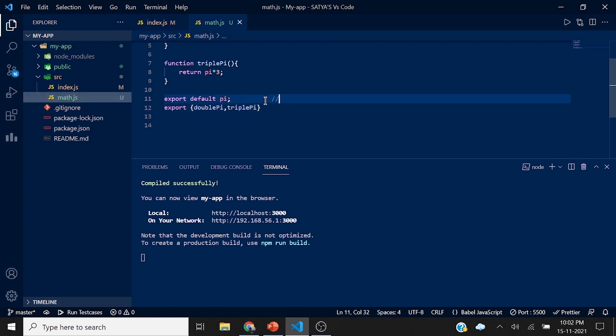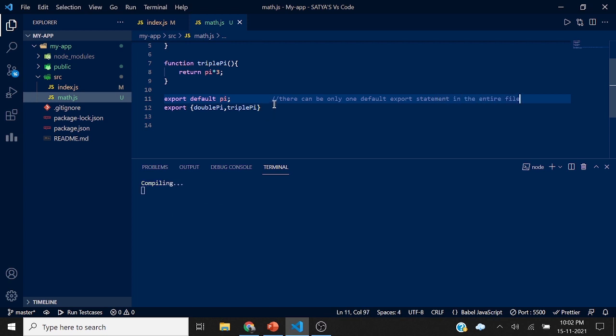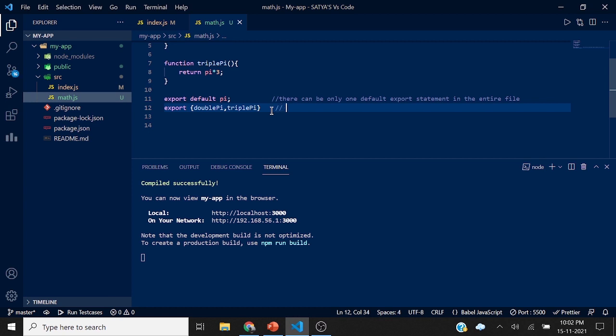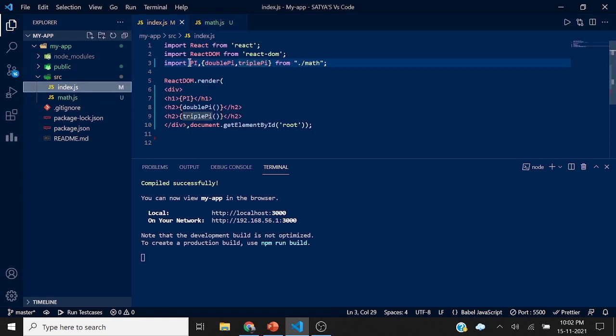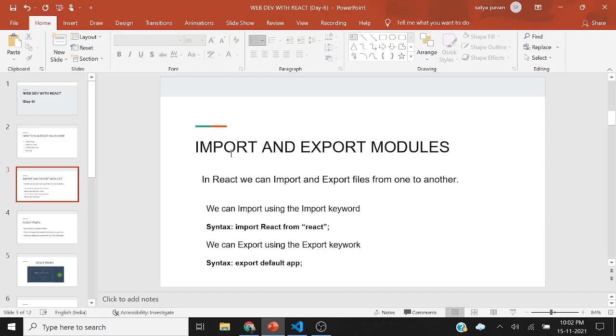Just remember one thing: there can be only one default export statement in the entire file, and you can export as many components as you want in a flower bracket. These are the main things you need to remember while exporting components, and this is the normal case where we can import it. So in this way you can import and export modules.